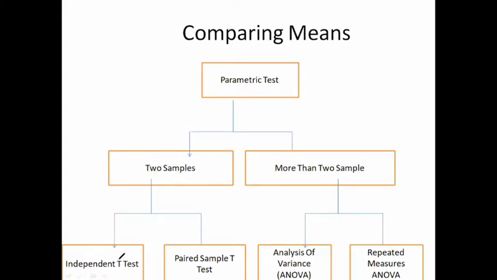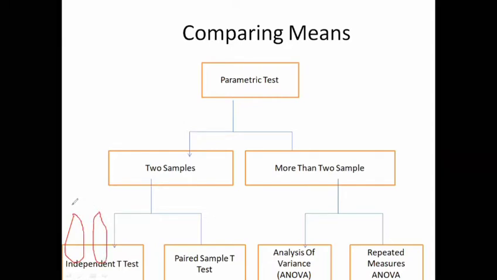In the independent t-test, we have two sets of respondents who are mutually exclusive. You can take the case of gender, where we have one set of respondents that is male and another set of respondents that is female, right? In order to know whether there is a significant variation between the behavior of these males and females, we go for conducting the independent t-test.